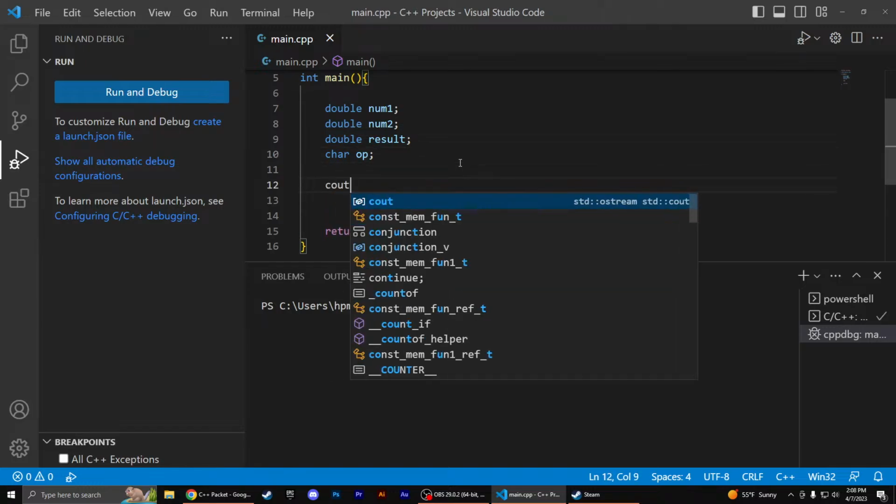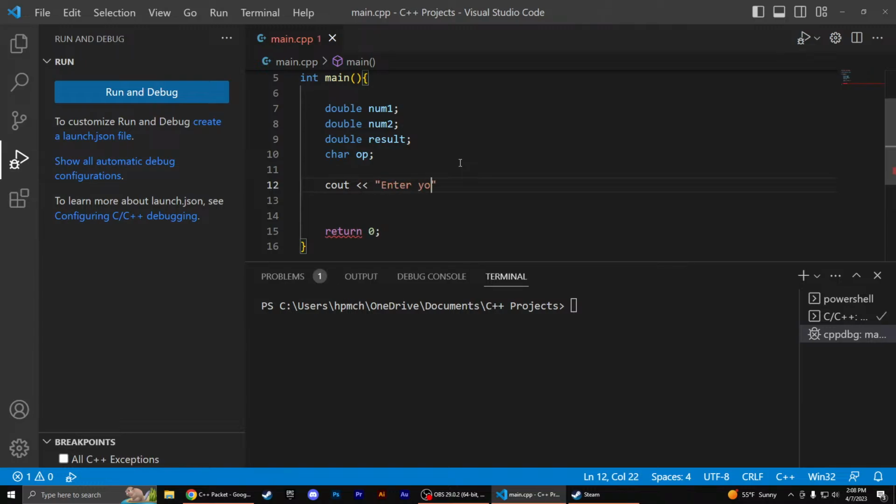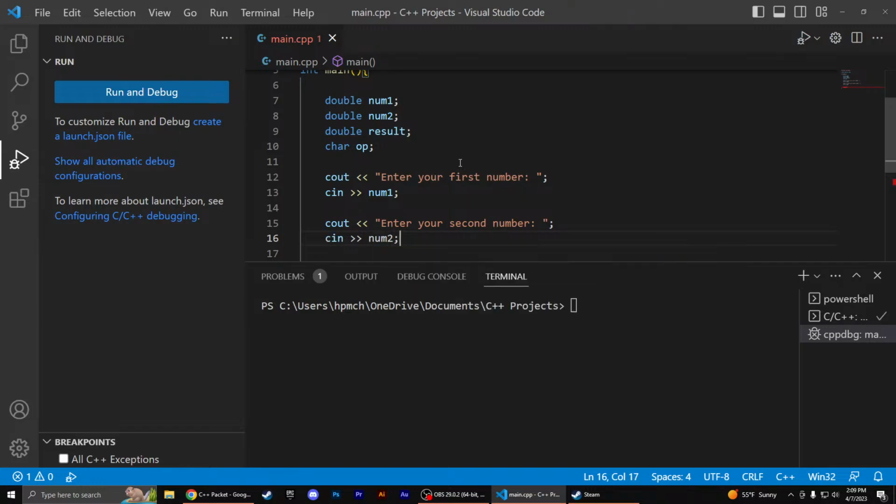The first thing I'm going to do, we're going to display, enter your first number, and that value will be saved as num1. I'm going to go, character output, enter your second number, cin num2. Now I'm going to go,